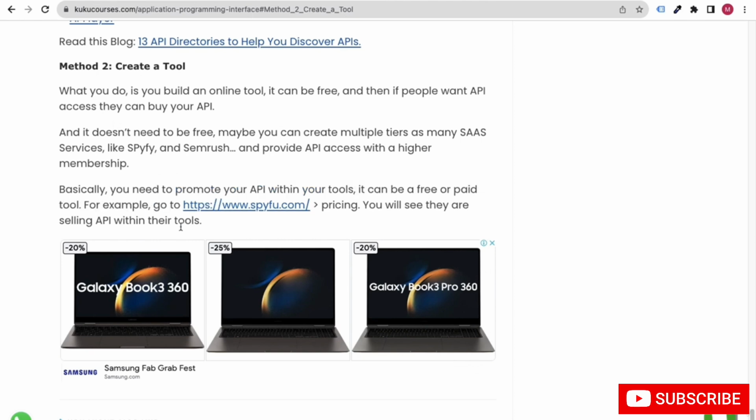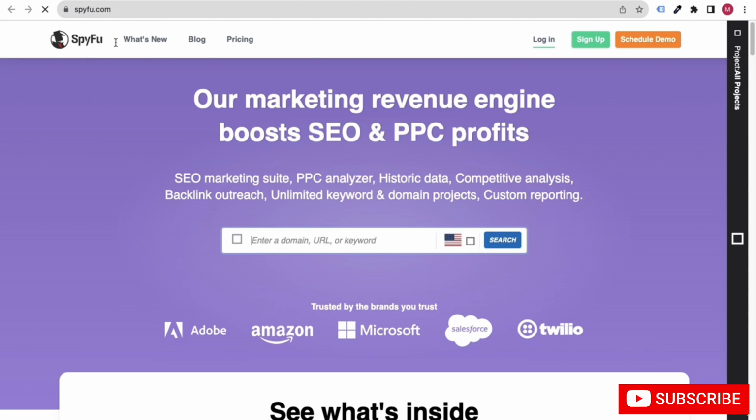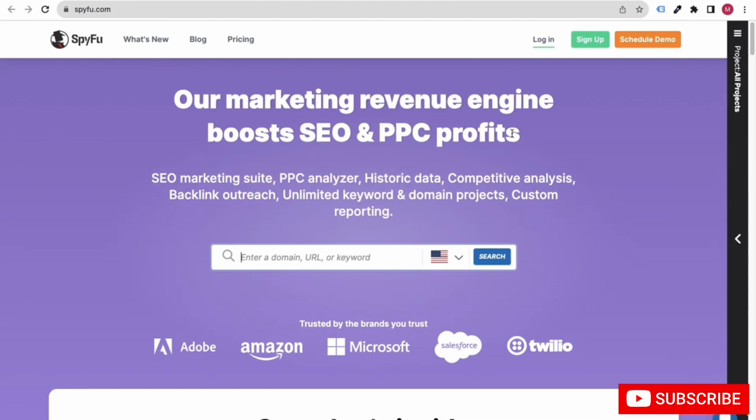For example, if you go to this website spyfoo.com and see the pricing, basically this is one tool that is going to help us with SEO, PPC and everything.